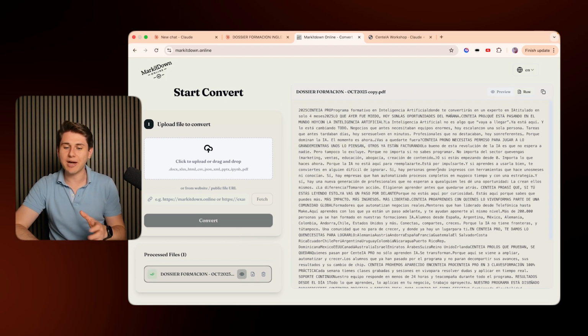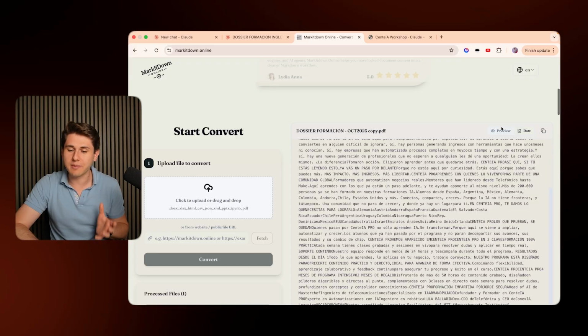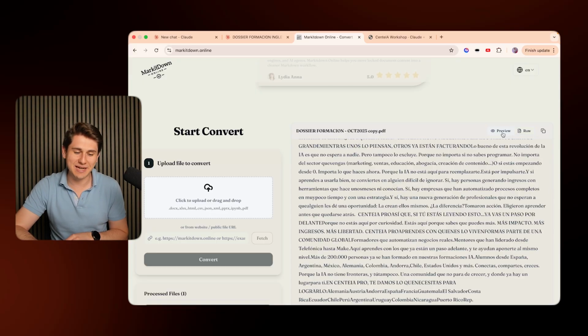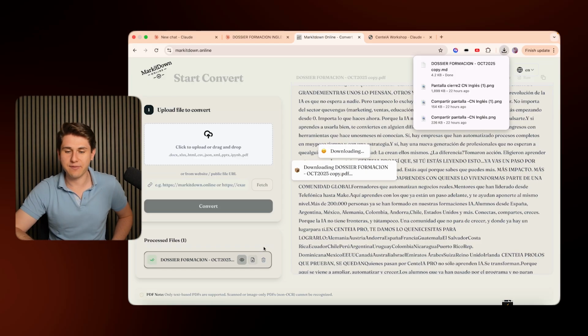And here we go. You can see how it's taken all the text, it's extracted absolutely everything, and it is now a much, much simpler document. We have the actually important information and not necessarily all the other fluff like I was saying, okay? Once we have our processed files, we can just click here to download. And as you're gonna see, we're gonna have here our